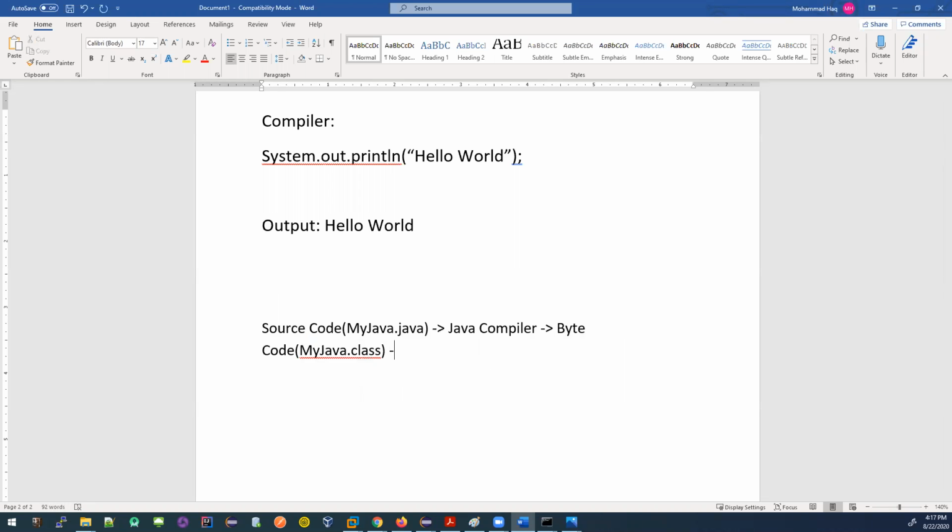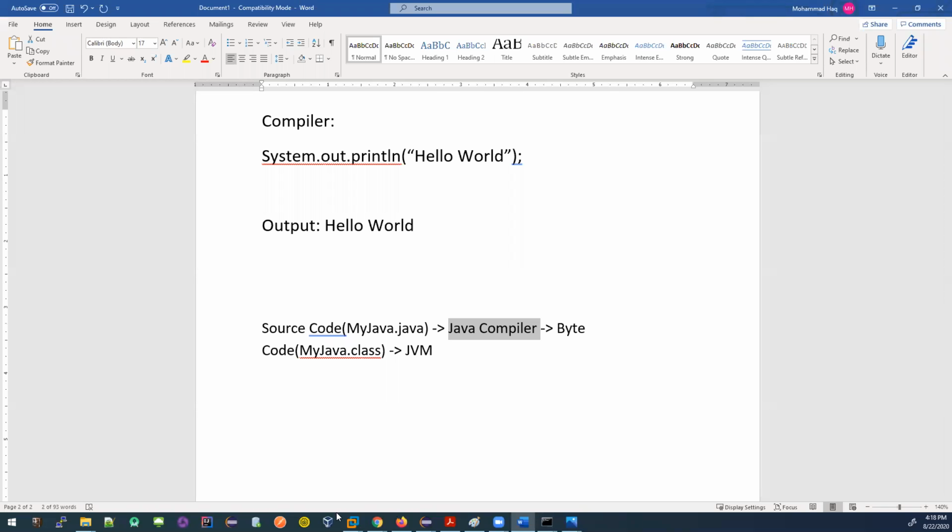The Java virtual machine understands this bytecode. So up to this point, a compiler can convert source code to something that a machine can understand. You have written some code, and the machine should understand the instructions. The compiler is helping you convert the code that you have written to something the machine can understand.